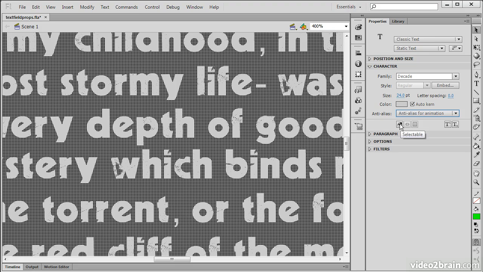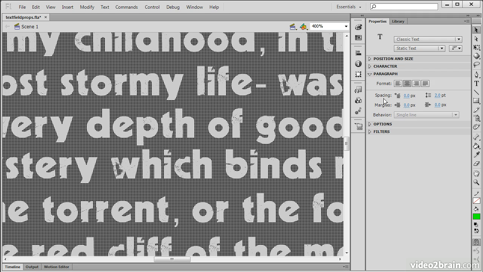We can choose whether we want the text to be selectable, and you can see that render text as HTML and show border around text are actually not applicable on static text. However, if we were using dynamic text, those would be adjustable. We can set to superscript or subscript portions of our text. And that's character. For paragraph,